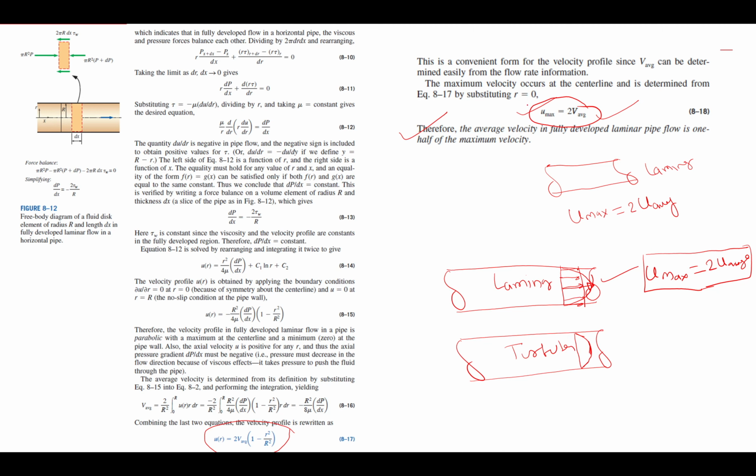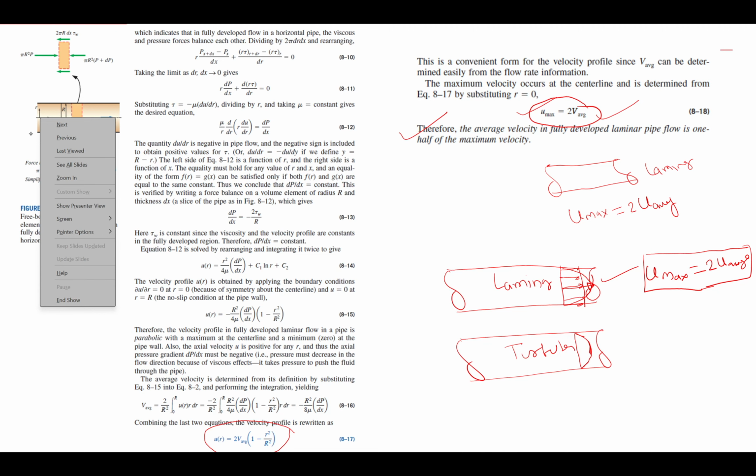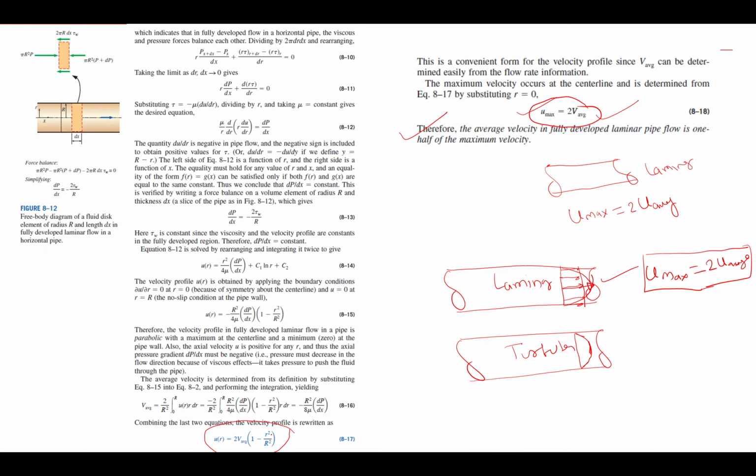Because if r is 0, what will happen? If your expression derivation starts from here and your r is 0, that means you are at the center. So you are at the center, so if you put 0 here, what will happen? So this will come, and u at r equal to 0 is the maximum,